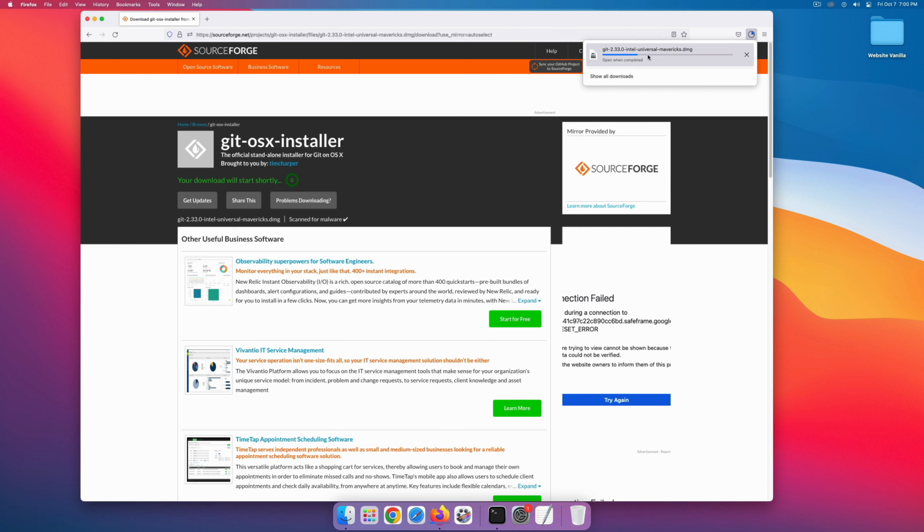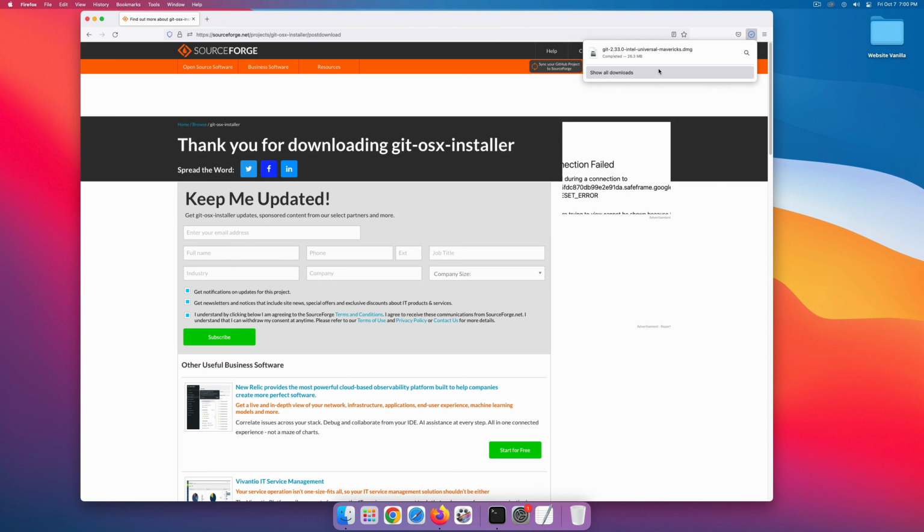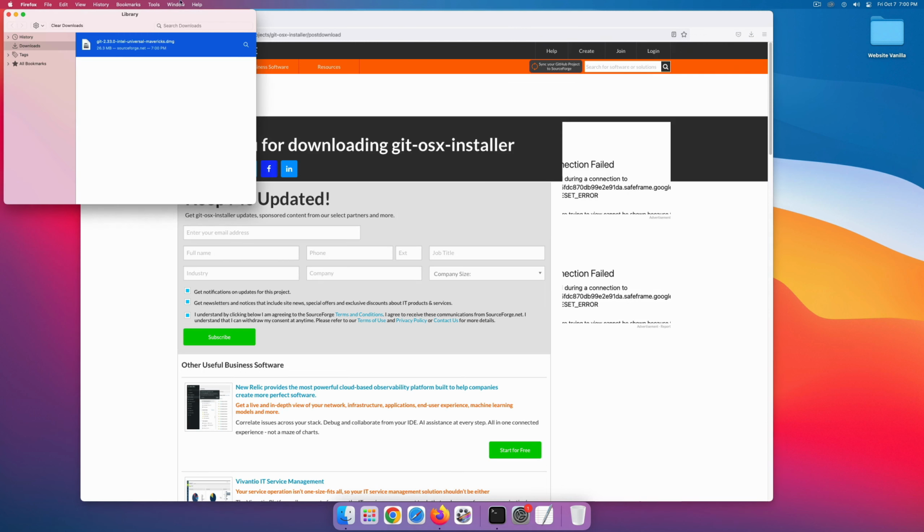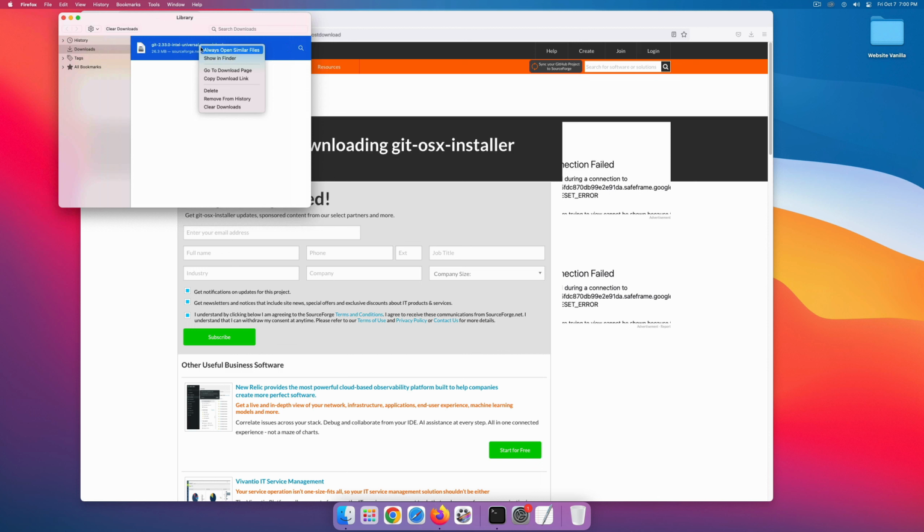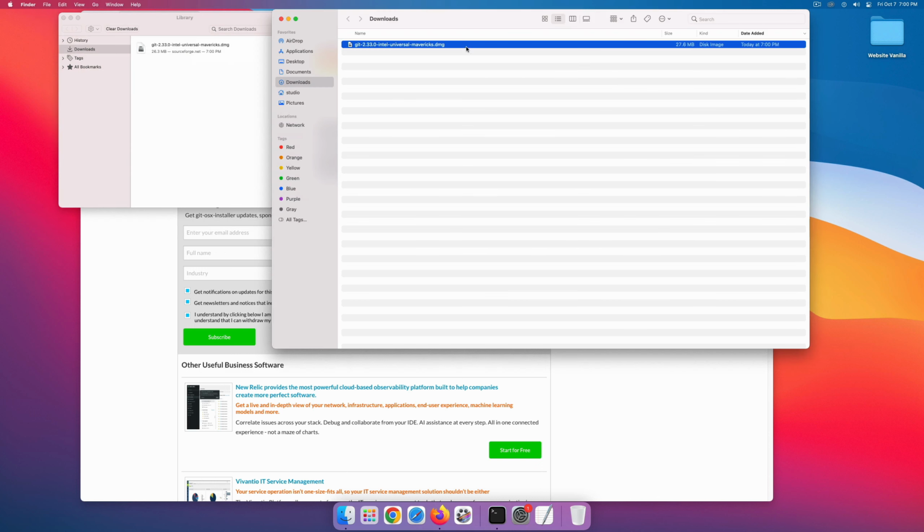So once it downloads, we are going to install Git on our computer. Alright, it has downloaded over there. So I'm just going to double click to open this.